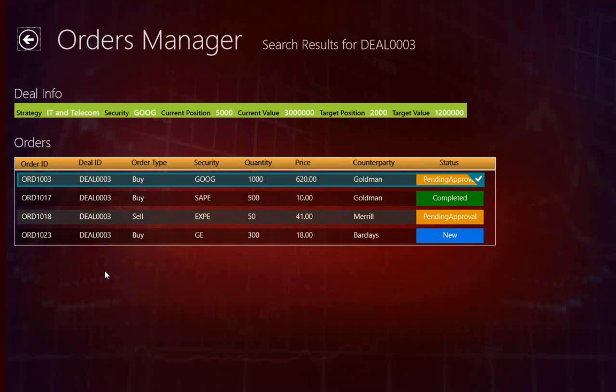So as architects and developers, we need to be cognizant about taking decisions as to what are the activation points that our application needs to expose. For example, in the Orders Manager application, we wanted to expose an activation point over search. So we want that, even if the application is not running and somebody wants to perform a search on the Orders Manager application, while the search is performed, the application gets invoked by the search contract.